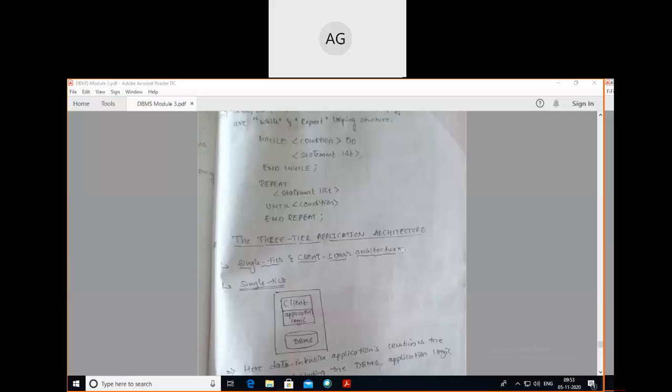nothing but this diagram, and the client server architecture is nothing but the two tier architecture. So here we are using the client. In the first box we have the client and application logic, and next one the DBMS. So here we are using data intensive applications. What does it mean by data intensive application? It is nothing but here